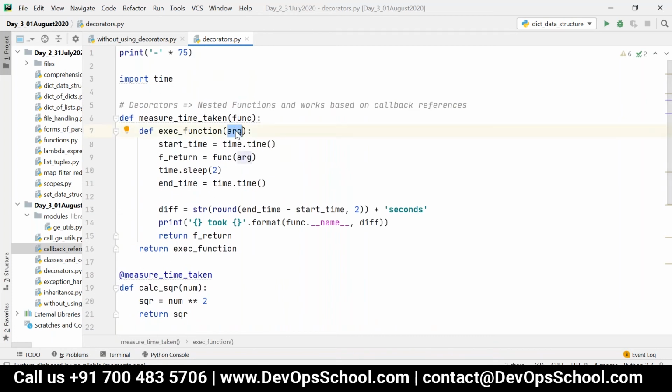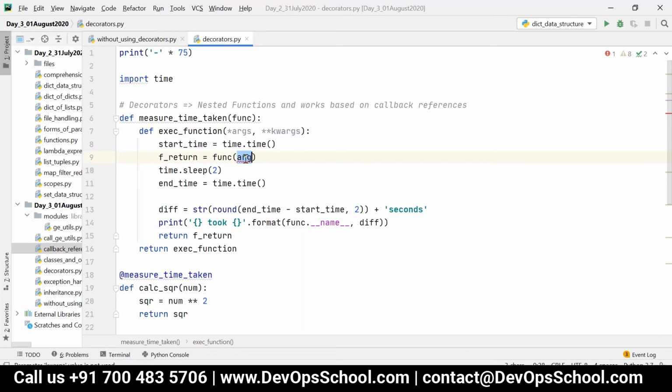Okay, so in this case, if I want to generalize the parameters, I can write over here *args, **kwargs. If I have this kind of parameters in my decorators, I can use this decorator for any type of functions.